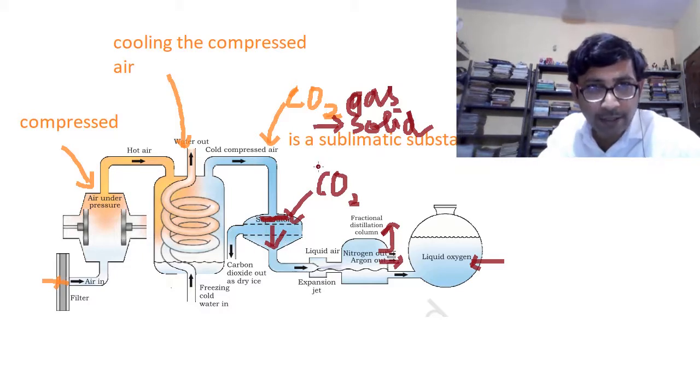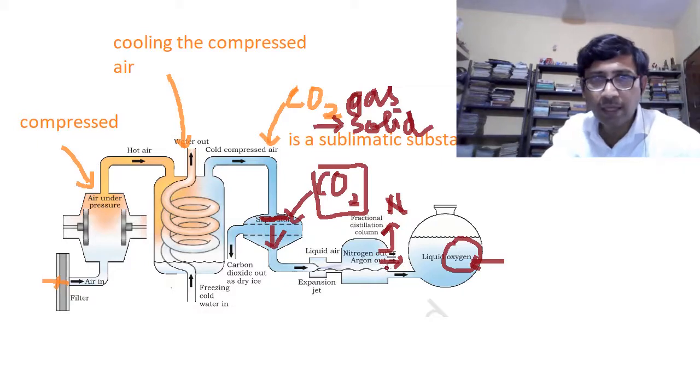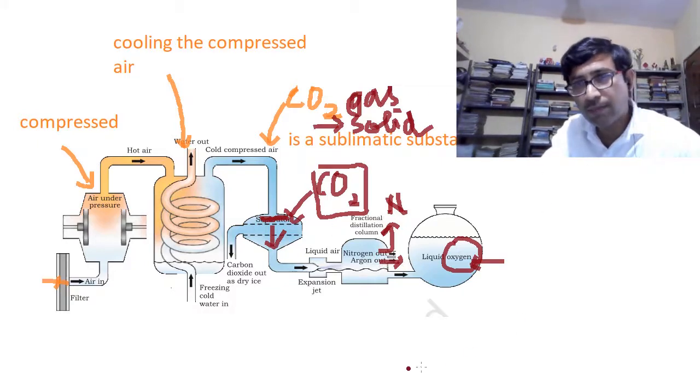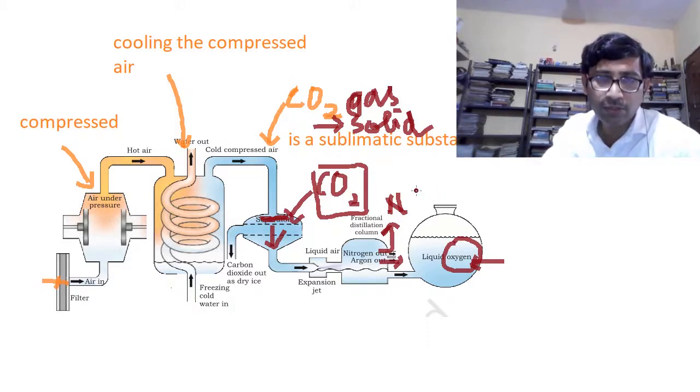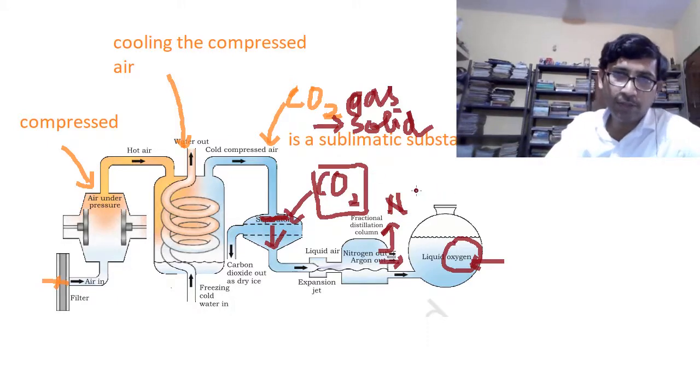So we have separated carbon dioxide over here, we have separated oxygen over here, and we have separated nitrogen from this outlet, and we have separated the rare gases from the outer outlet. So this is the manner in which we separate the different components of air, that is the mixture of several gases. So we'll come back in a next video to talk about some other things.